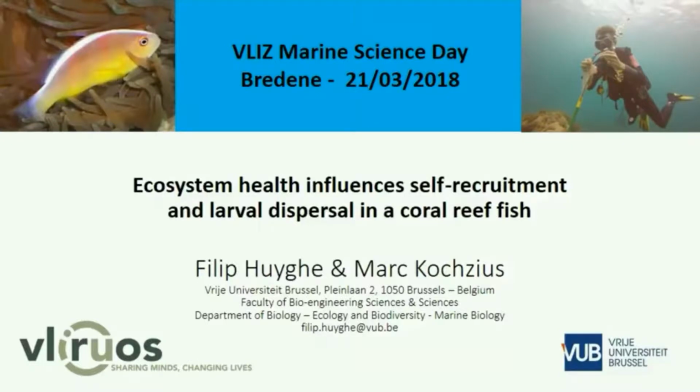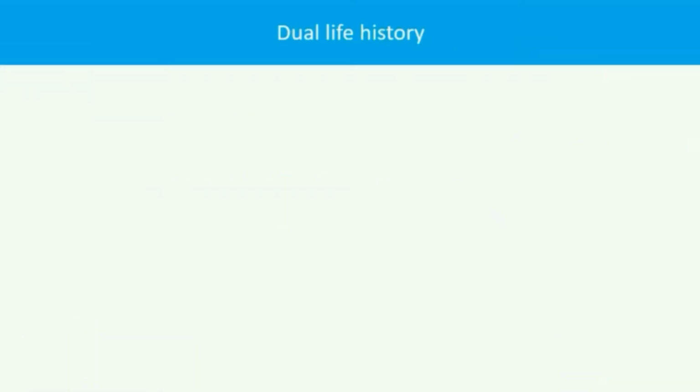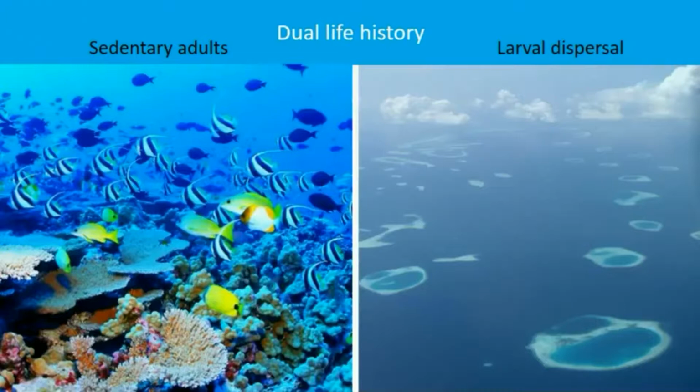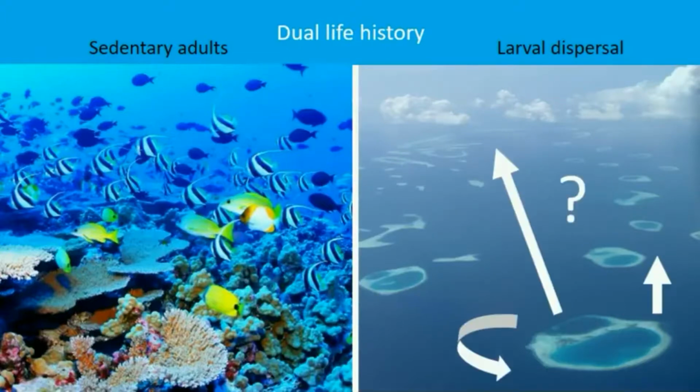Good morning, I'm Filip Huyghe and I'm going to talk to you about self-recruitment and larval dispersal in a coral reef fish. Most coral reef fish have a dual life history. They are sedentary as adults, but they have a pelagic larval phase during which dispersal over more or less longer distances is possible. Information on this larval dispersal is very important for coral reef conservation and more specifically for marine